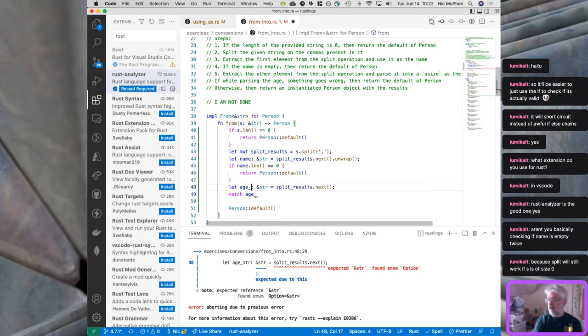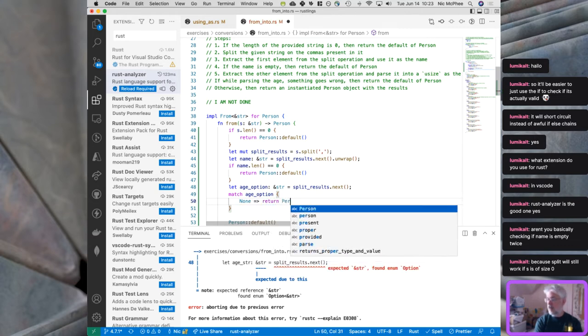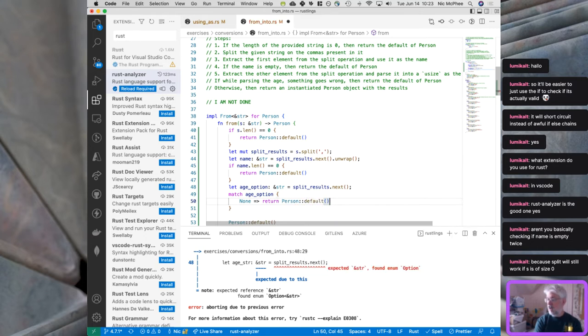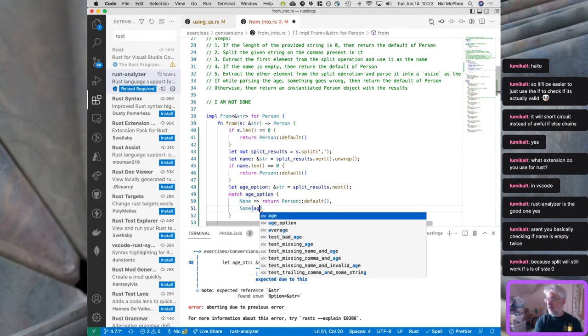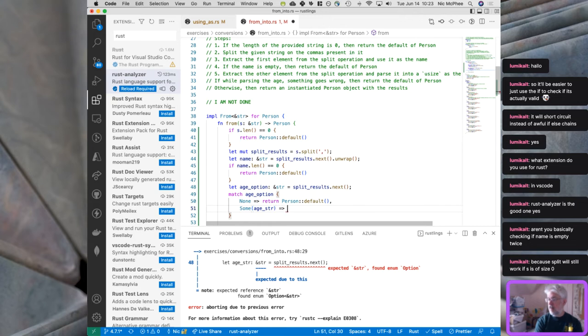So this is really an age option. If we get None, we want to return, no, it's fat arrow, return Person default again. And if we get Some age_str, we're going to want to